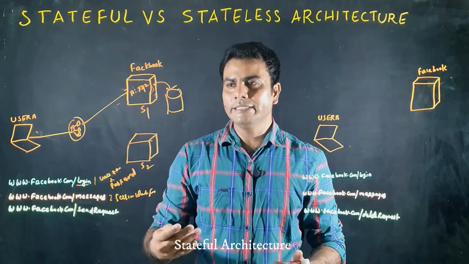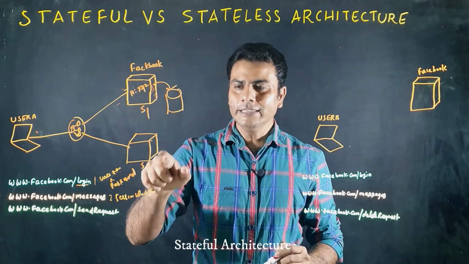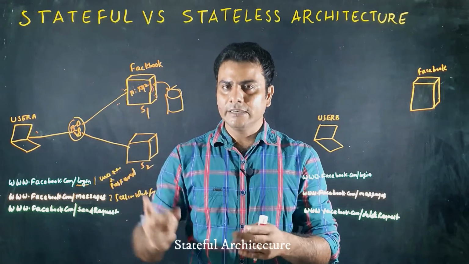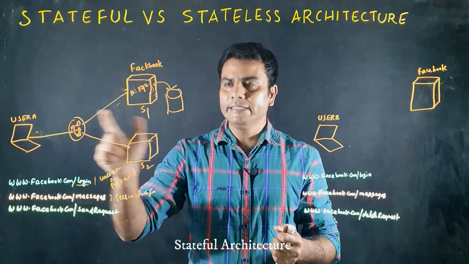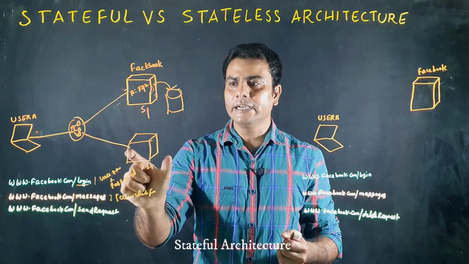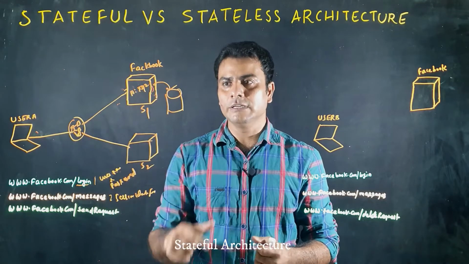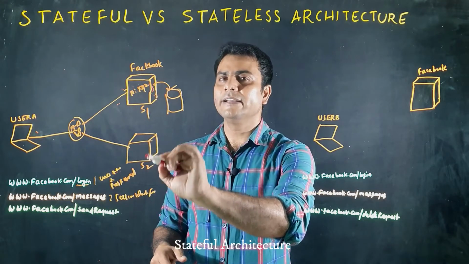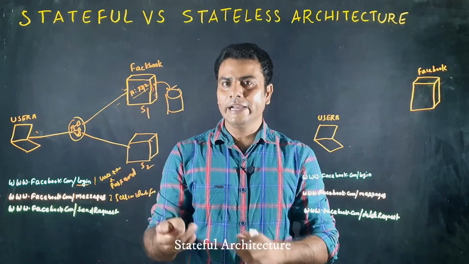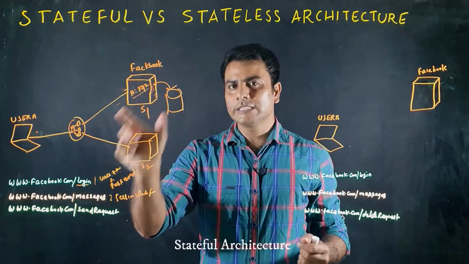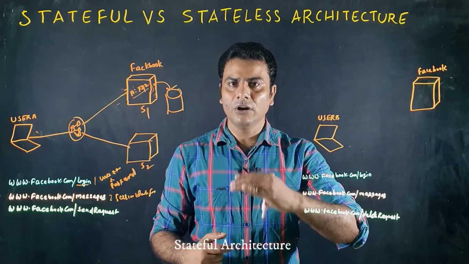But just imagine if this request goes to server S2. The server will check if there is any session identifier for this user, then it finds yes, and it tries to match the session data stored on this server. But server S2 will not recognize this user because session data is not created here, it is stored on server 1. So in that case, it may redirect the user to the login page again. So stateful architecture is not handy if you want to scale your application horizontally.